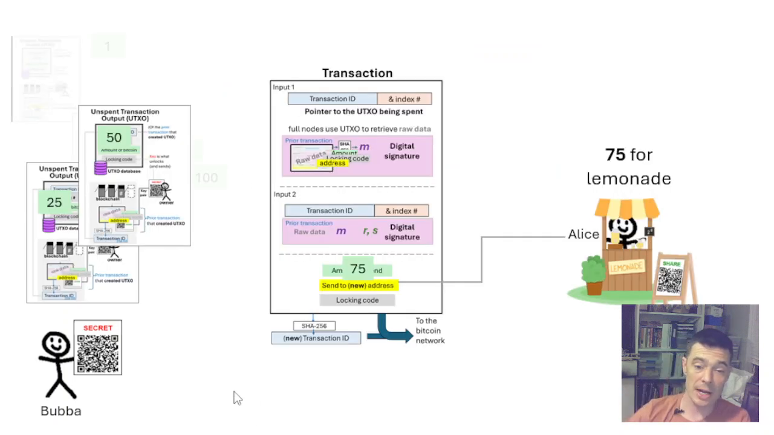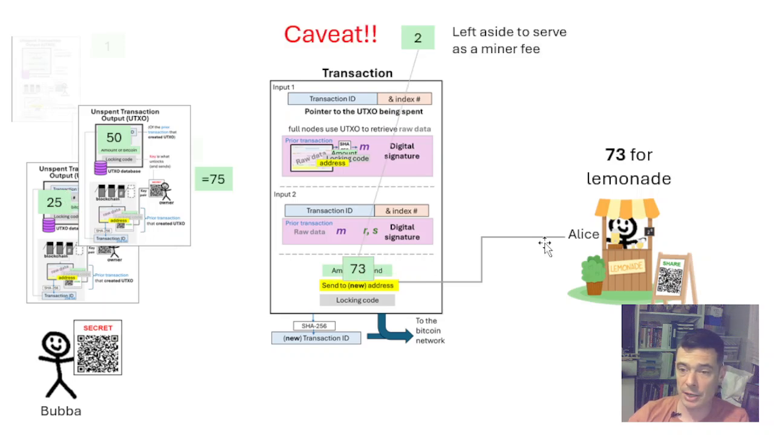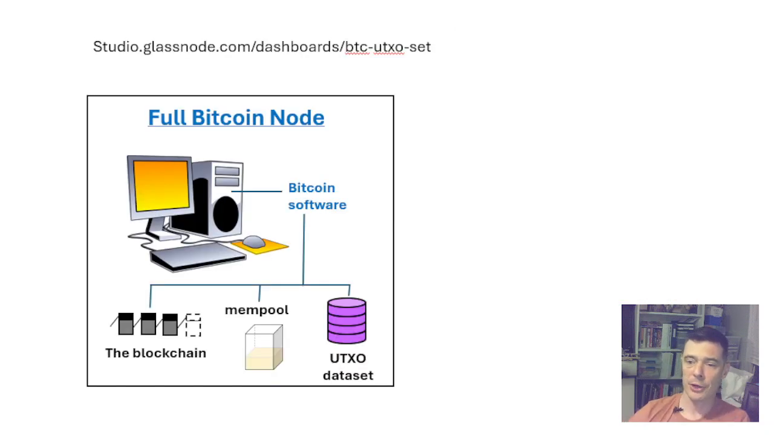So Bubba decides to use these 2 UTXOs, makes his transaction, sends it to Alice. But just to note, we haven't covered miner fees yet, but every transaction will need a total output value that's just a little less than the total input value. But more on that in a future video. And so now